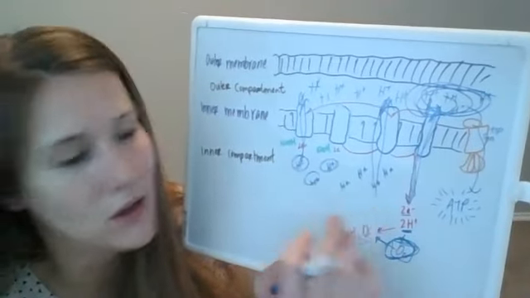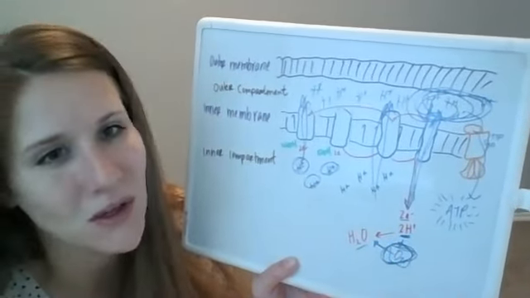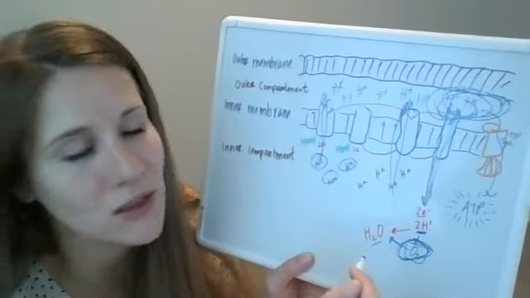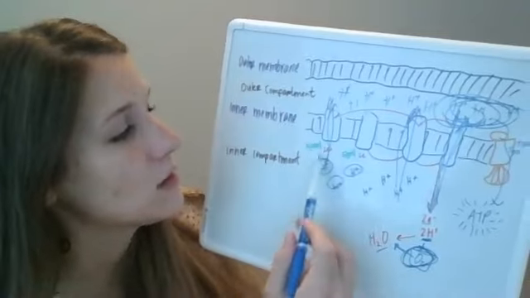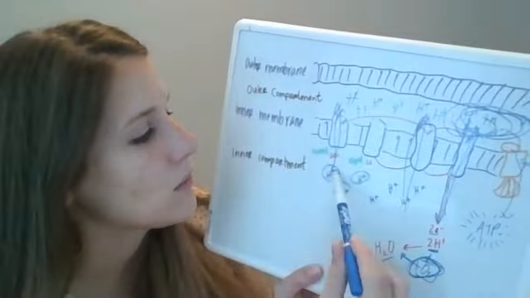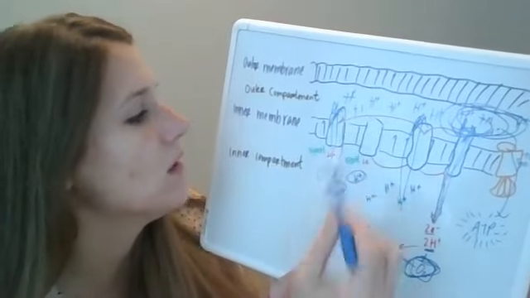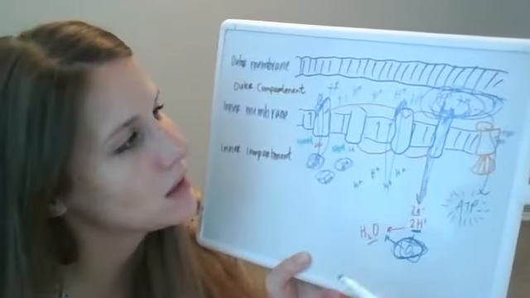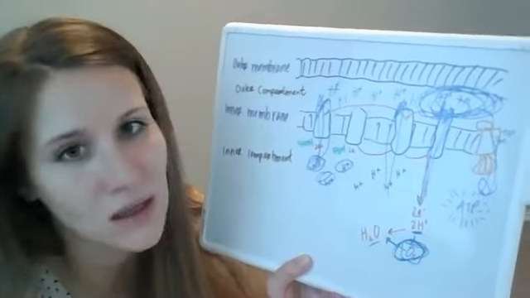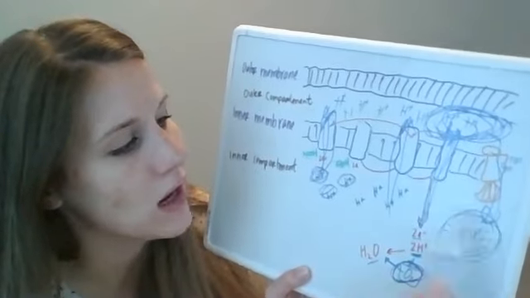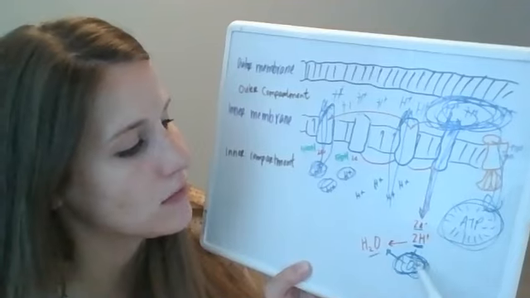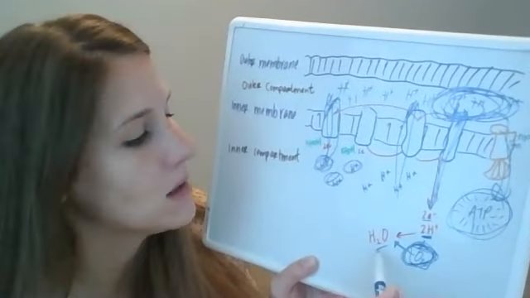Again, don't let all the drawing and details confuse you, okay? So remember, NADH and FADH created in the Krebs or citric acid cycle. They're going to be donating electrons. As those electrons are passed along the membrane, it's going to provide enough energy to pump hydrogens from the inner compartment to the outer compartment. We're going to grab a handful of hydrogens, pull it through the ATP synthase, and as a result, we're going to create ATP. Those electrons that were being hot potatoed are going to get dropped off. Oxygen is going to accept them, and we're going to form